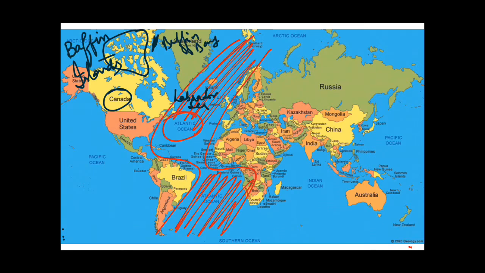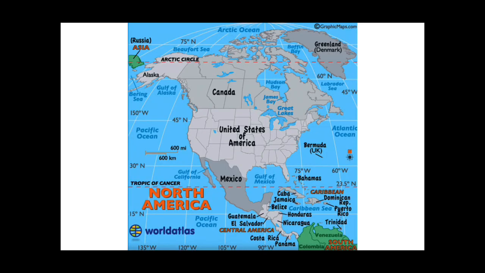So let me show you in this other map, so that this concept may be very clear to you. Here you can see this is the Atlantic Ocean and this is the Labrador Sea. It is a part of the Atlantic Ocean only, and these are the Baffin Islands, which are the territory of Canada. To the east of the Baffin Islands lies Baffin Bay, which lies between Greenland and Canada. Guys, in the previous video I told you what a strait is. A strait is a narrow strip of water that connects two water bodies. Here you can see this narrow strip of water.